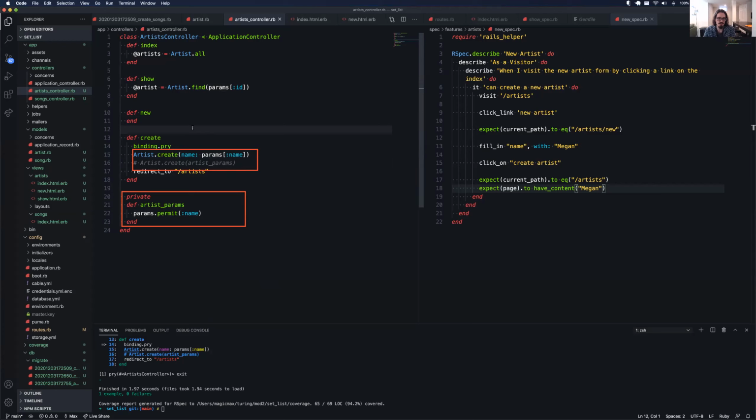So on line 16, that seems like the version that the lesson plan would have you go through, and you'll see what we're doing here is we're doing an artist.create, and inside that create, we're calling this artist params method. So once it gets to line 16, it's going to call this artist params method, which is going to do some stuff with the params object, and then it's going to return that back for our